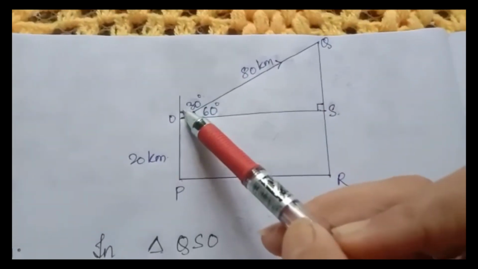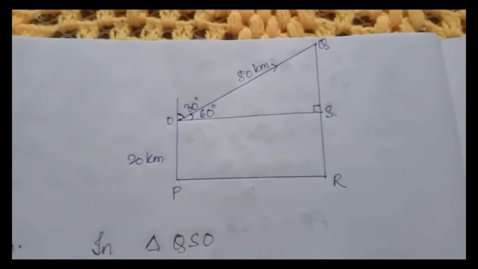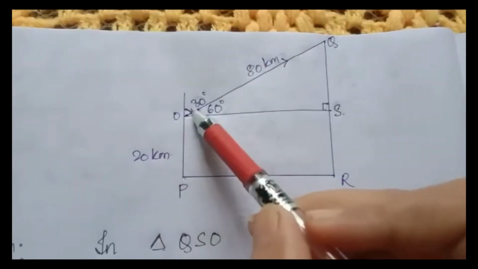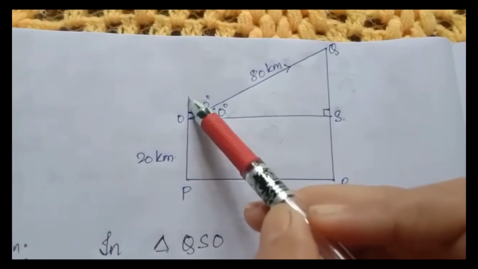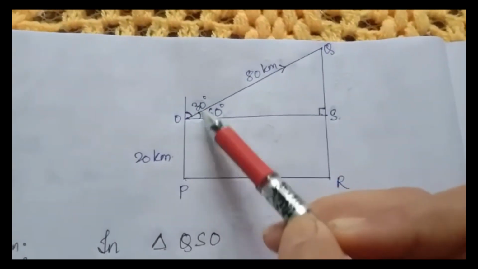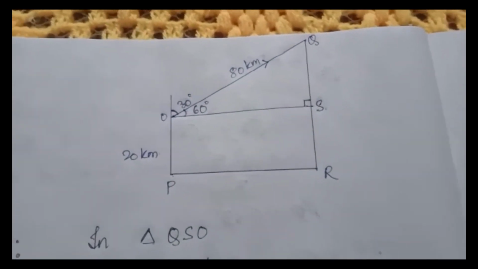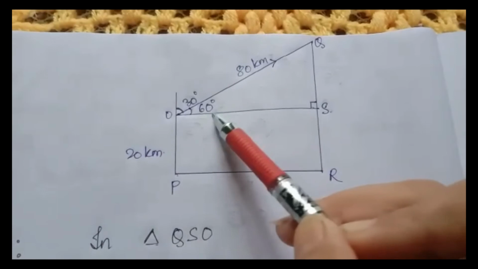And here it is given 30 degrees, but we need this angle. We need the angle inside the triangle, not outside the triangle. So this is 30, this is 60. How is it 60? Because this is perpendicular to this line, this will be 90 degrees. If this is 30, the remaining angle will be 60 degrees. So this is the value of theta.